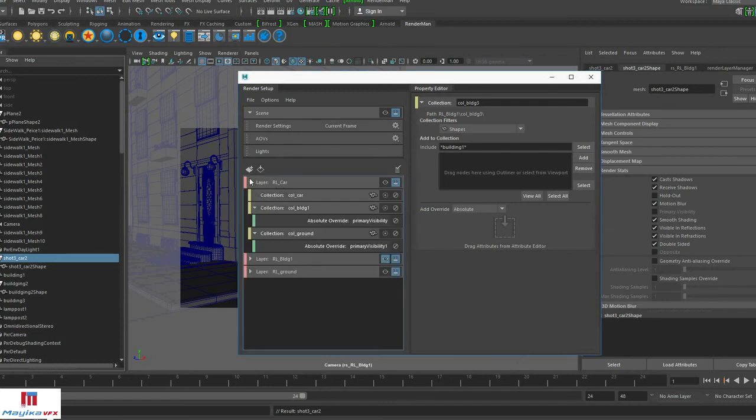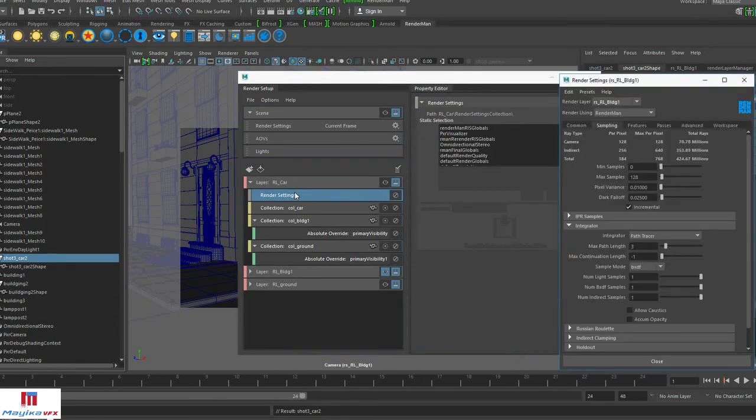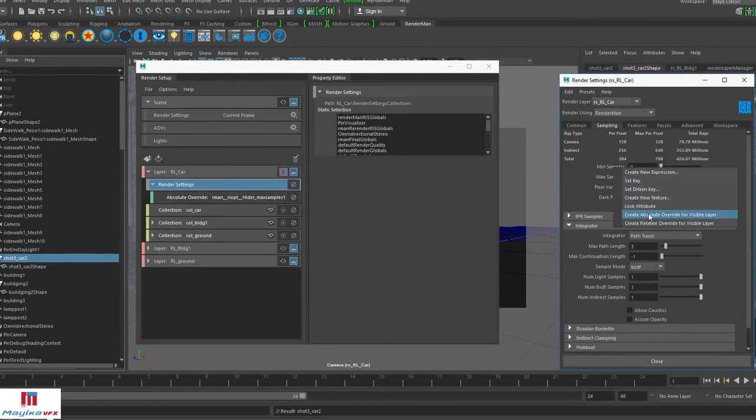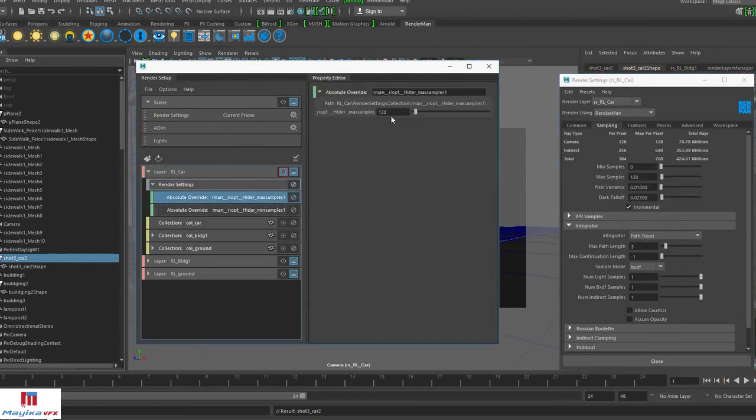Similarly, we can save render settings as well. Let's add render settings to our layer and edit them. And once we edit these things, we can export it and we can use it in other shots as well.